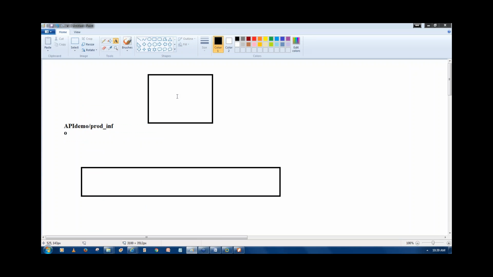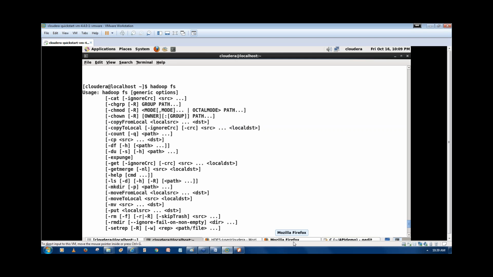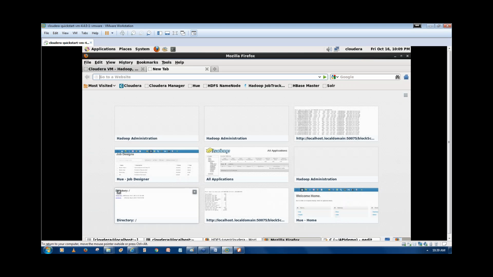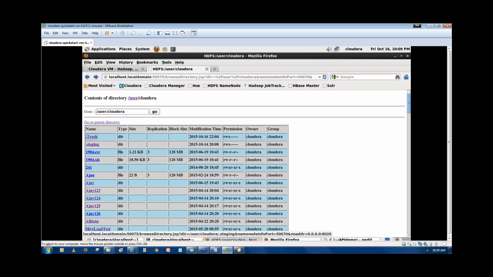Once you first create the file, the reference is written into the name node. So what does the name node contain? The name node contains in its metadata the name of the file and type of the file, size of the file, replication, block size, date,